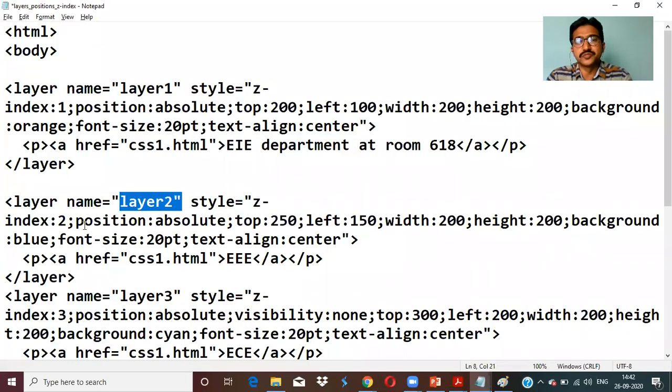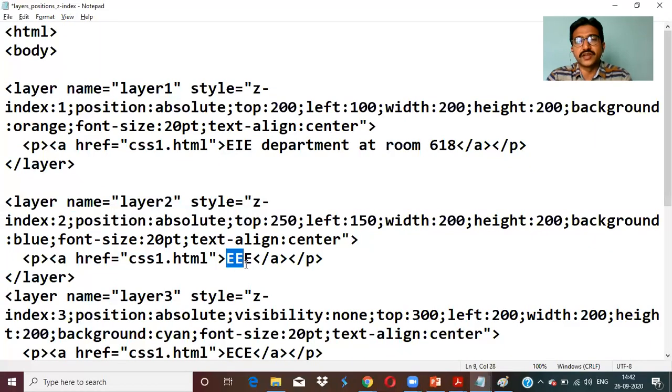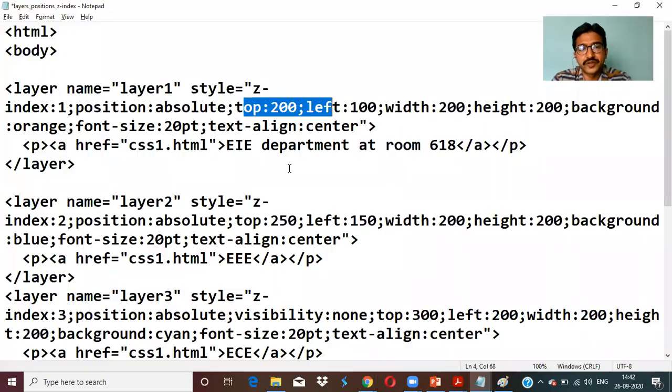Next, layer 2, Z index 2, position is absolute. So it is EEE. Because of top and left, it is lacking a little bit, 50-50, and height. So that's why it is here inside. Inside this, this is there. Okay.